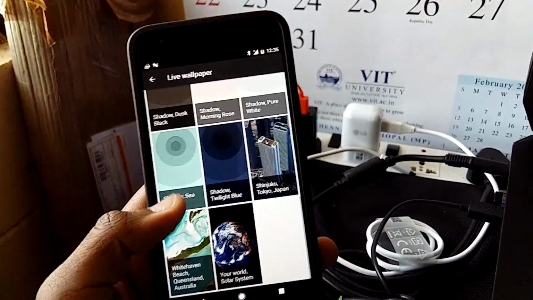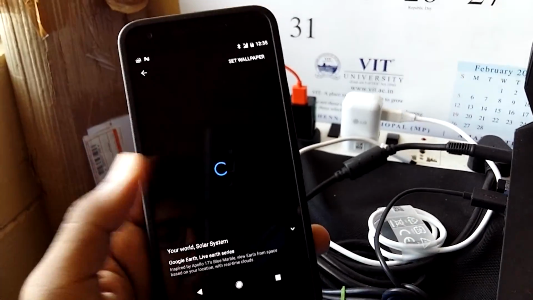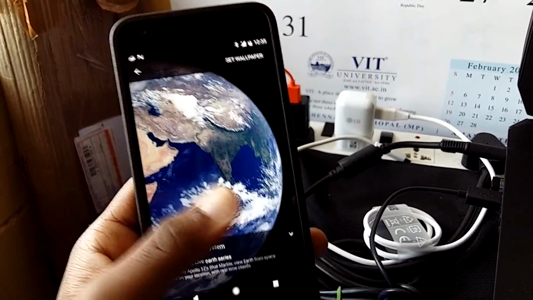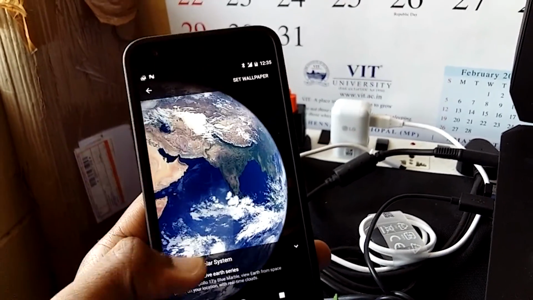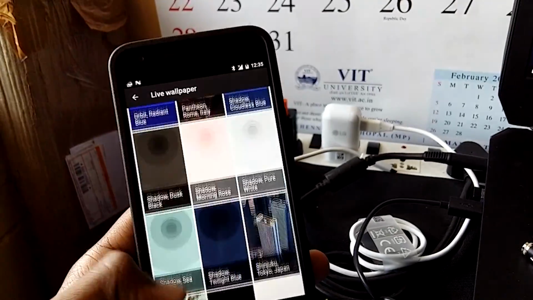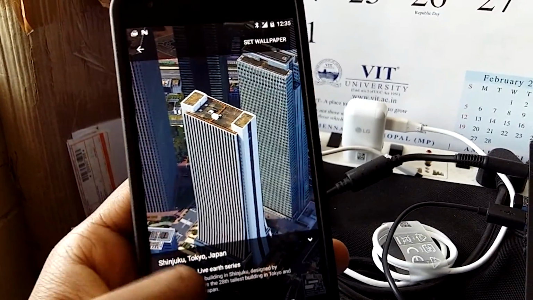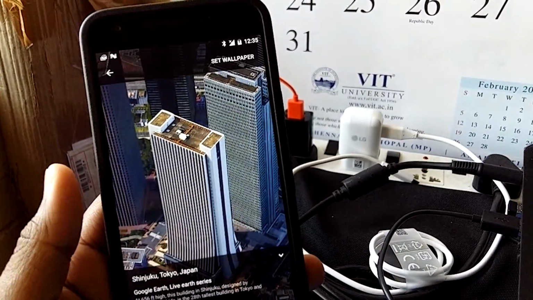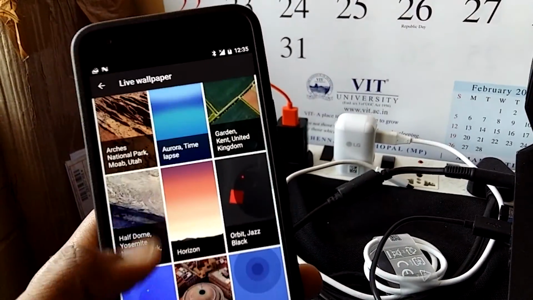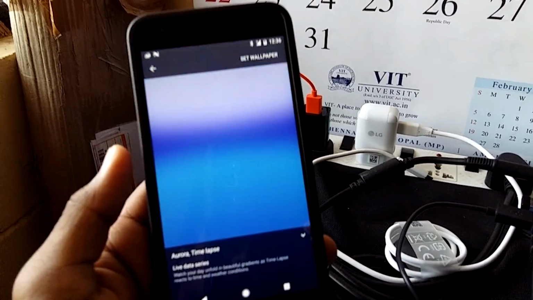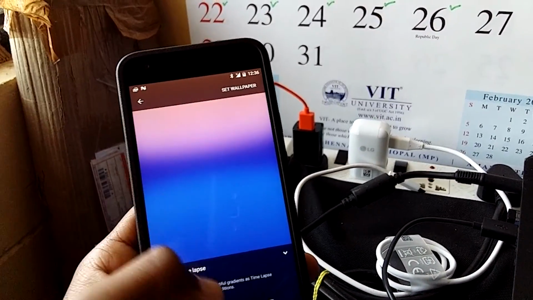So basically it keeps changing with the time of the day. It's a live wallpaper, so it keeps changing. Now it's afternoon, so it shows that nice beautiful shade of blue.